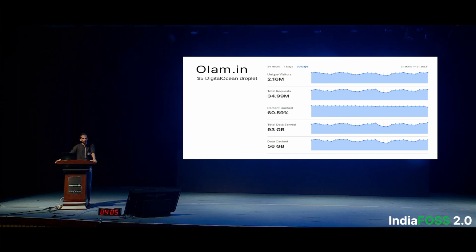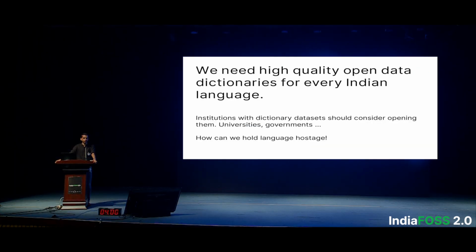So you can imagine how much demand and how much value and how much necessity there is for open, freely available, open access dictionaries for other Indian languages. And it's just sad that it doesn't exist. I'm aware of many universities, many institutions who have digitized lots of dictionaries, who've created high-quality dictionaries, but they hold it hostage. And a lot of this work is taxpayer-funded, and there's no rationale for language or open data,